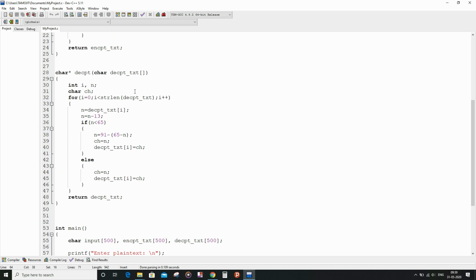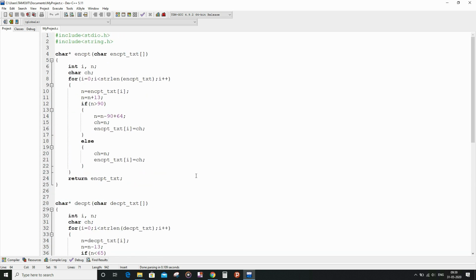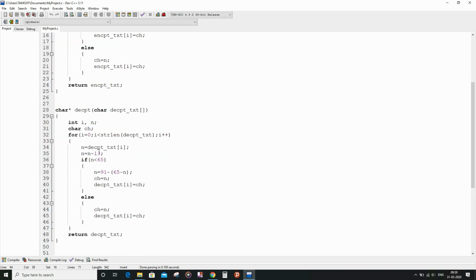First of all, entering the decrypt function, we declare two integer variables and one character variable, and it will also run exactly the same number of times as the for loop which we had seen in the encrypt function. For each of the characters we convert it into the ASCII equivalent and subtract 13 from the integer, because we have to reverse or decrypt each of the characters.